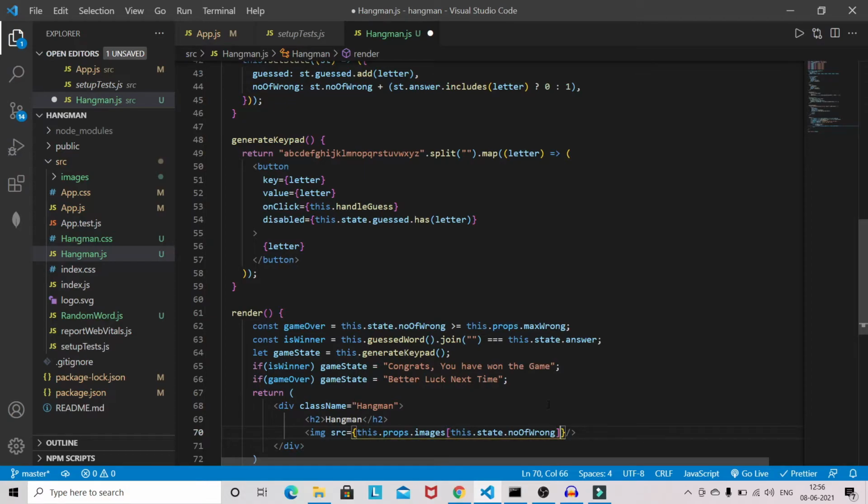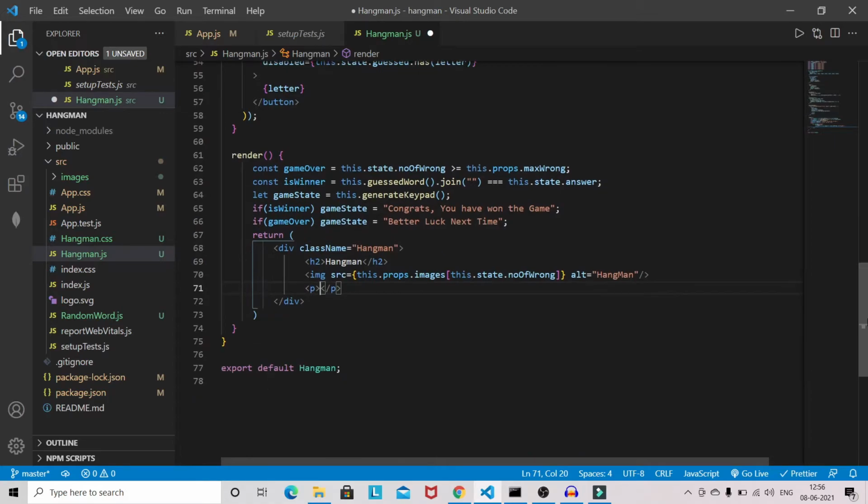And for alt, I'm just giving hangman. Now we'll be having a guess count. So how many guesses are left?